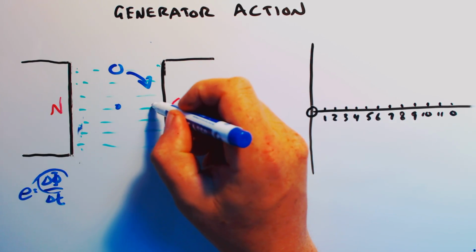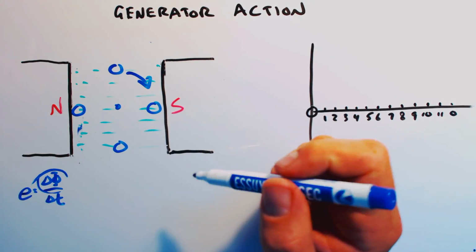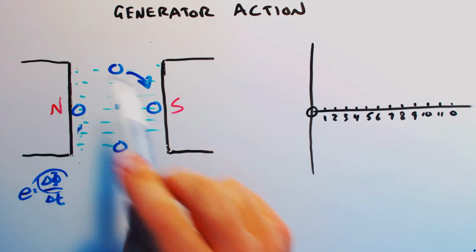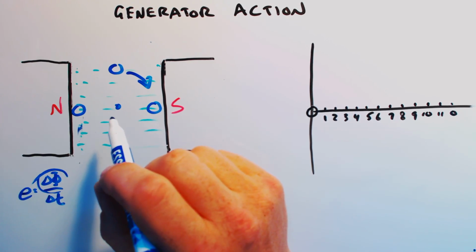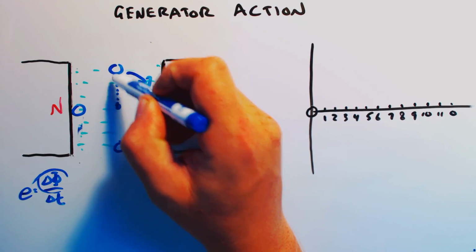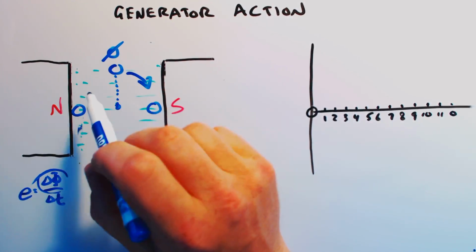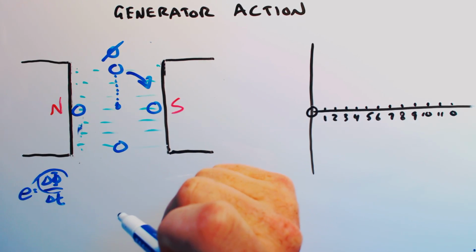And what we're going to do first of all is look at the best case and the worst case scenarios. So there are 4 positions on this drawing where we're going to have a best case and a worst case scenario. When we are at position 0, which corresponds to 12 o'clock on an analog clock dial,